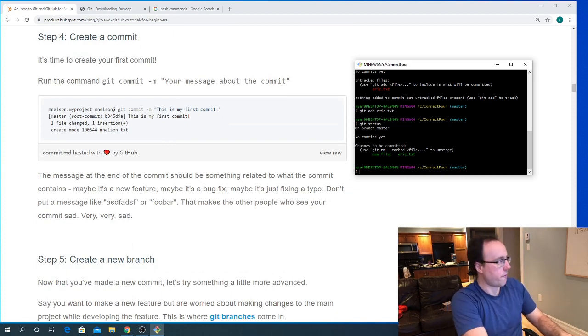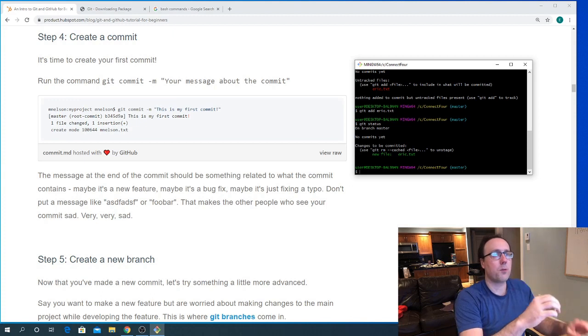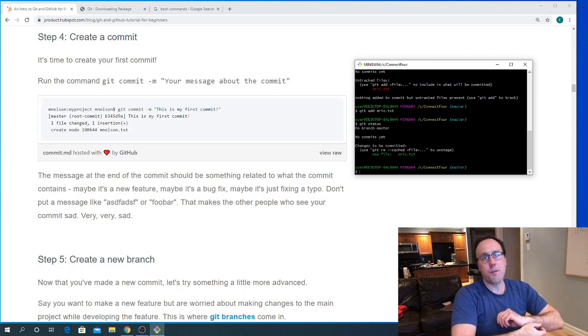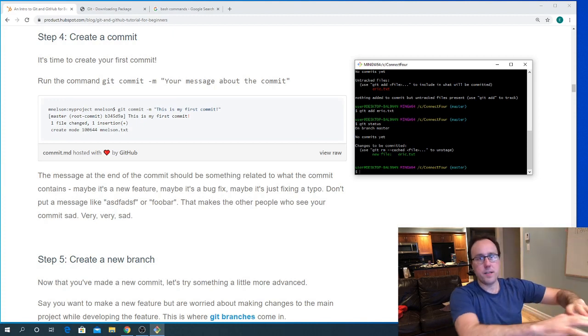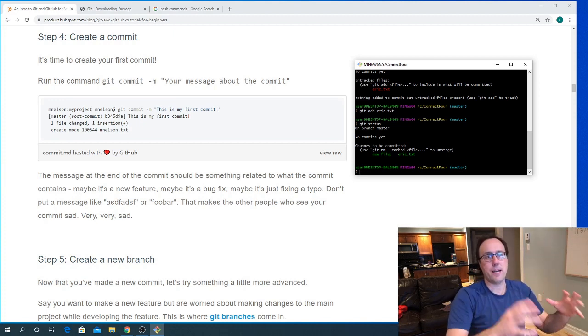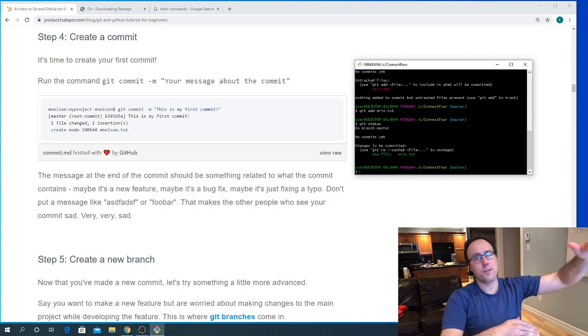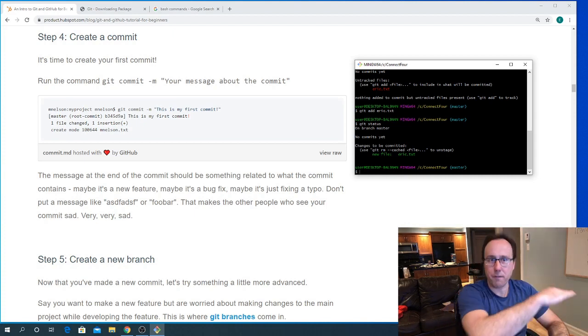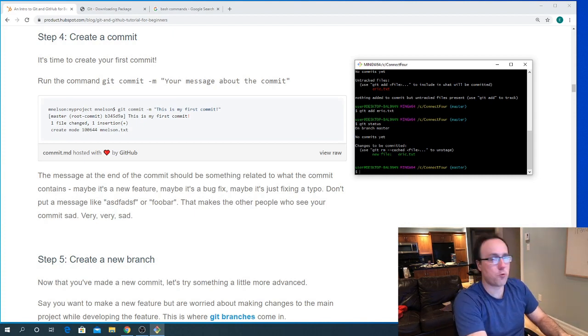So we're going to create our first commit, and once we've executed this command, it will show up in the history of the repository. So if someone were to come back maybe a year from now, if this Connect Four game really takes off, they'll see this was the first commit, the first change that Eric made when he created this game. To do this, I'm going to run git commit, and we're seeing this for the first time,